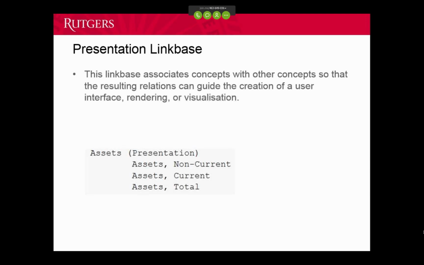And finally, we have the presentation link base, which is actually... some XBRL tags are meant for presentation purposes. So this assets tag exists, but there's no data in that tag. But it exists because when you create a report, you're going to put it above and to the left, or you're going to indent the other items underneath the assets, right? So there's actually a tag for assets in XBRL with no information, but it exists so the presentation link base can show where to put the other tags in relation to assets